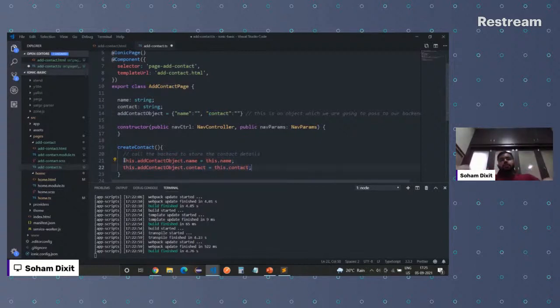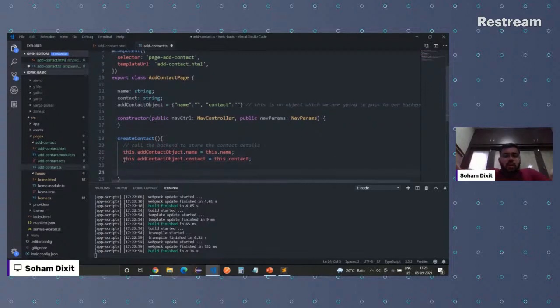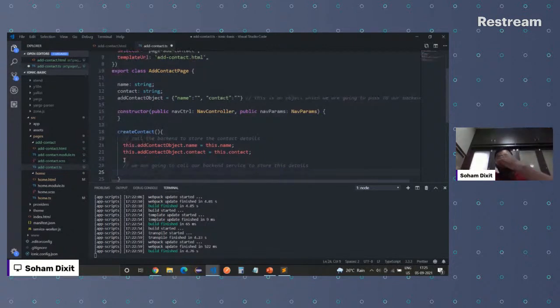The next thing. Now we are going to call our backend service to store these details. You might be aware of something called request and response. We are going to make a request call to our backend. It is going to be a post call.